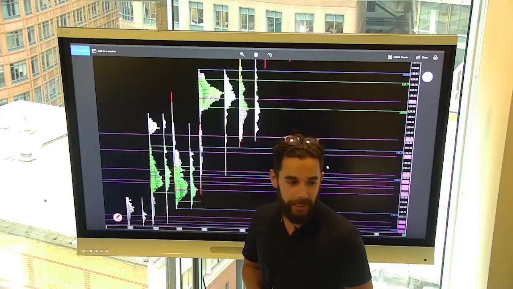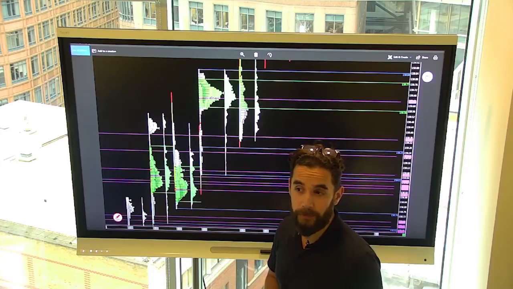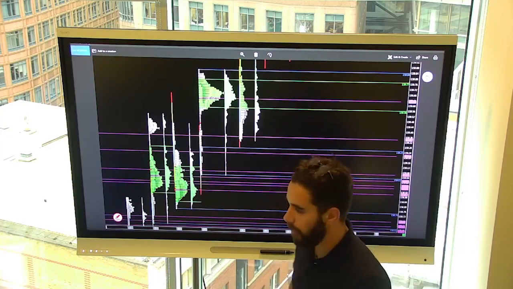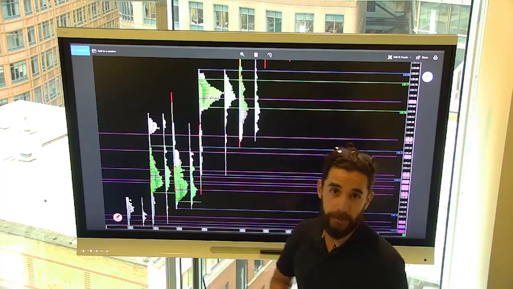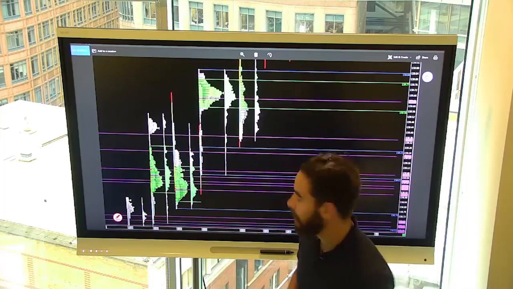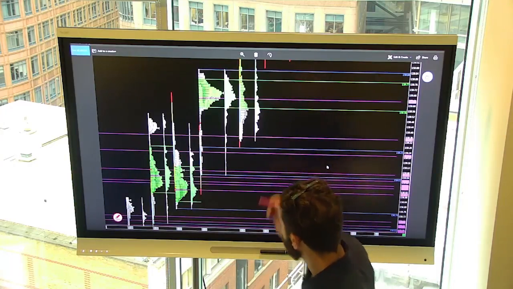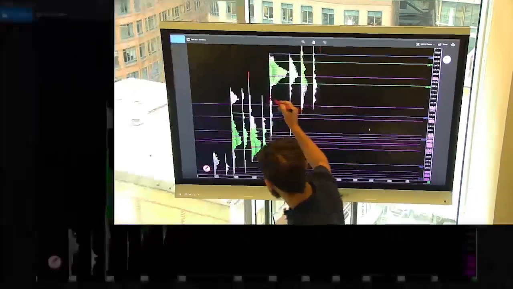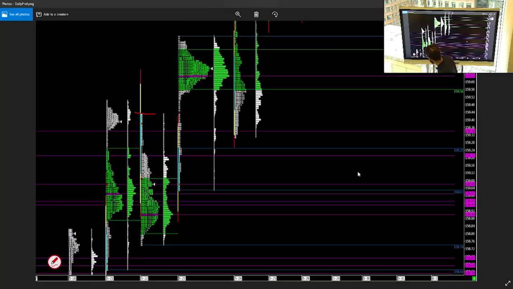We're going to be looking at a trade that occurred on the 23rd of May in the Bunds. So this was a couple of weeks ago. And the pattern that we're going to look at the execution of is an inside day break. So just getting straight into it, looking at the profile, we can see that the inside day occurred here, and